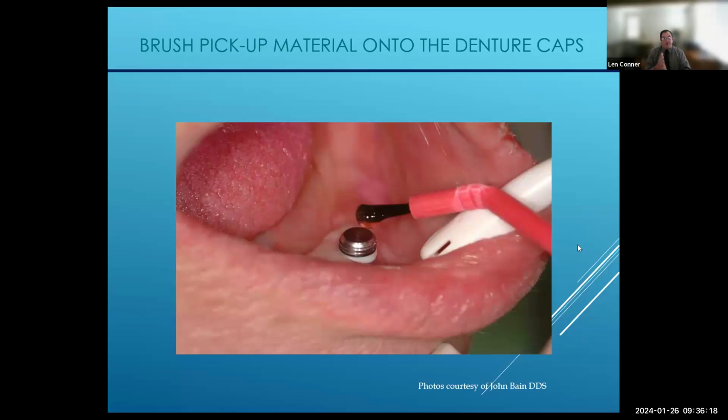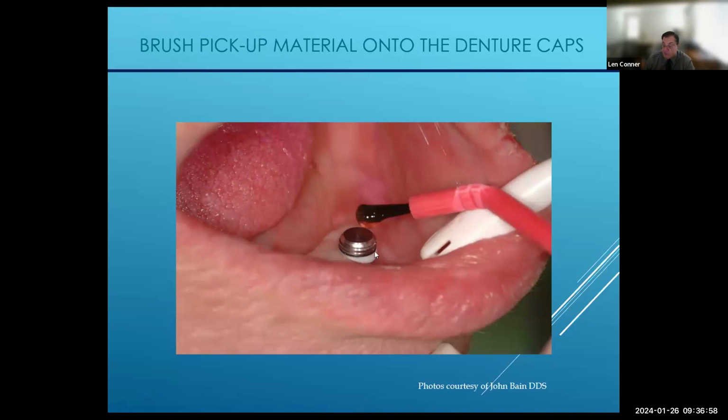Vent holes are important for a couple of reasons. One, it allows any material to be extruded out as you seat the denture, right? So that hydrostatic pressure is not going to keep the denture from seating all the way. And two, right, if you seat your denture and no material comes out of the vent holes, you're going to know you didn't put enough material in. My recommendation as far as where you want to put your vent holes, right, is right in this area right here, right? Either on the lingual side or on the buccal, but you want to put it right at the base of where that housing seats around your